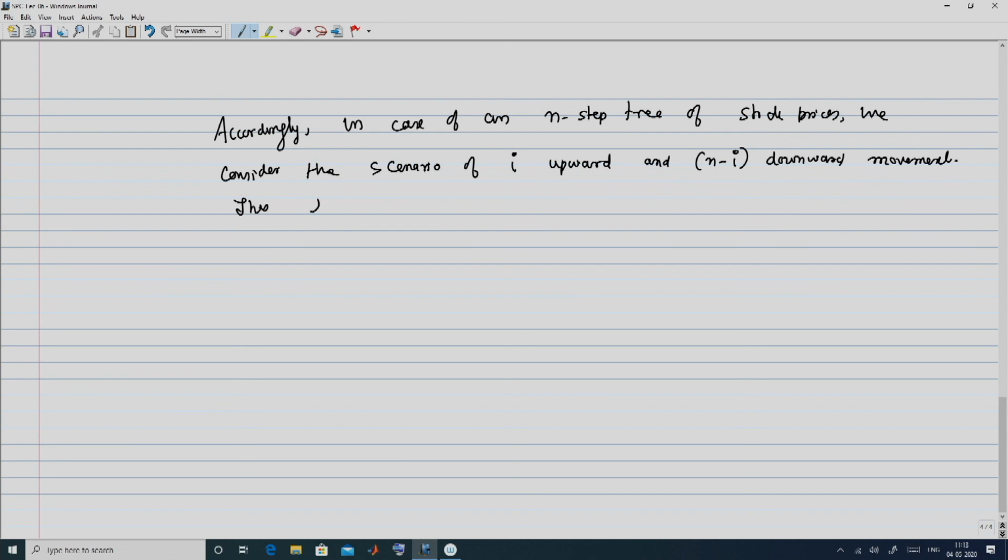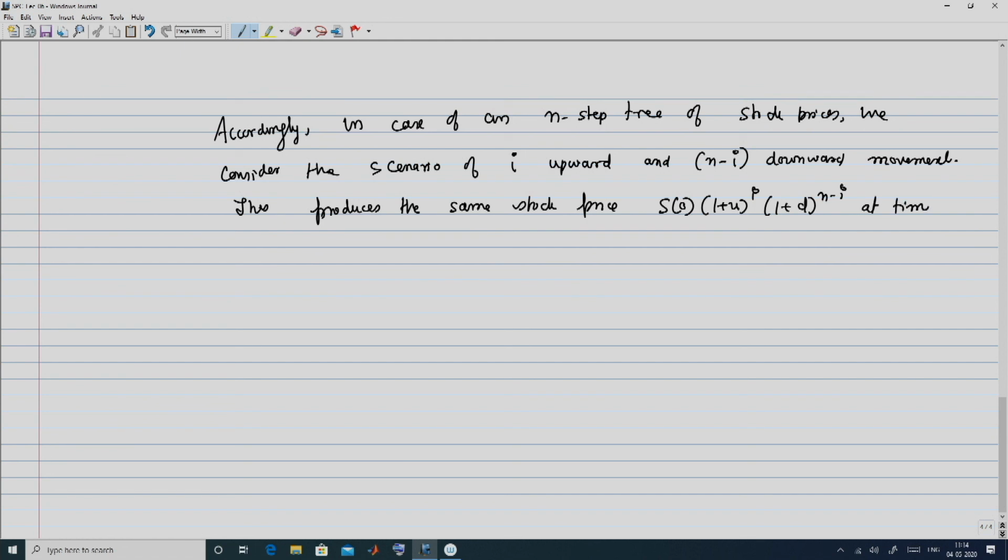So, this produces the same stock price as S0 into 1 plus u raised to I into 1 plus d raised to n minus I